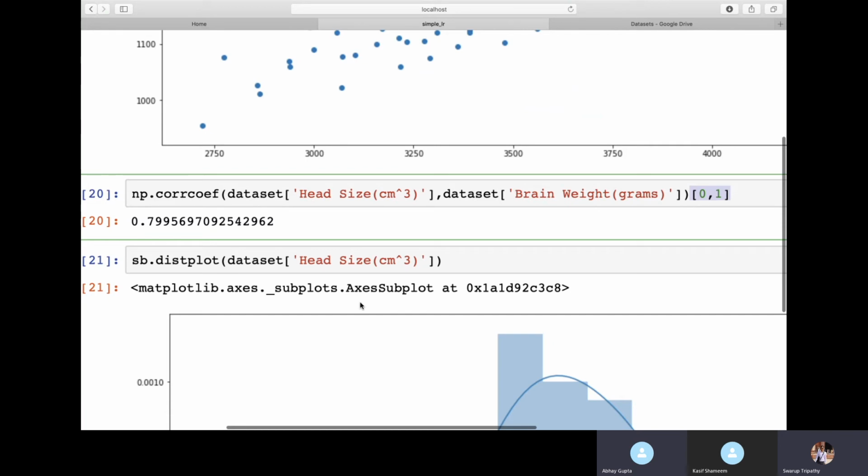Sarup, what is the purpose of giving the 0, comma 1? See, if you don't give it, it will give you the value in a matrix format. That matrix is called a confusion matrix. We haven't read that till now, but going ahead we'll be looking into that. In that there is something called true value, false value, like that. So from the confusion matrix I'm picking one column, since similar kinds of values will be there. In one place it will be 0 0, and in the other place similar kinds of values will be there. You can also test it without 0 comma 1.